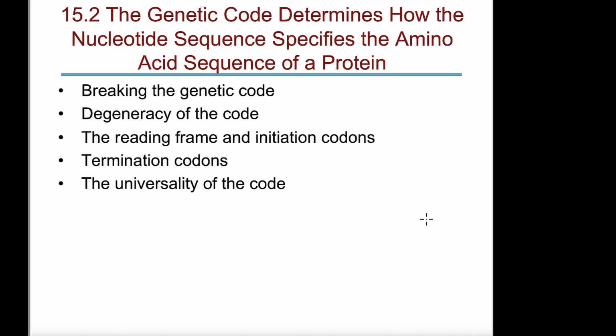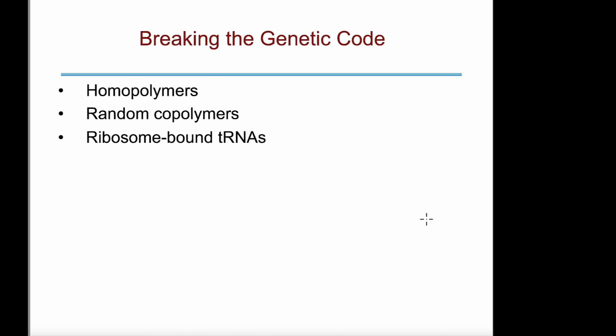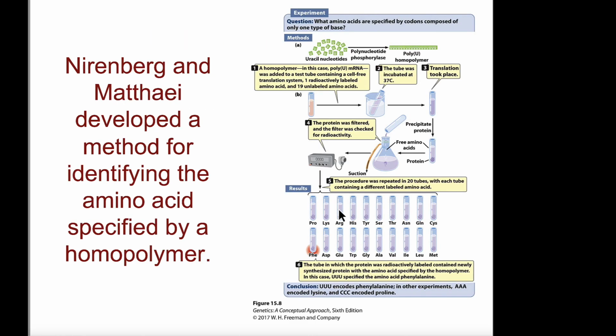What does it mean when you hear degeneracy of the genetic code? Reading frames, termination codons, and the universality of the code. So one, breaking the genetic code, we have to think about homopolymers, polymers that are the same. You also have random copolymers and ribosome-bound tRNAs. To expound on that, there was a study done by Nirenberg, and they developed a method for